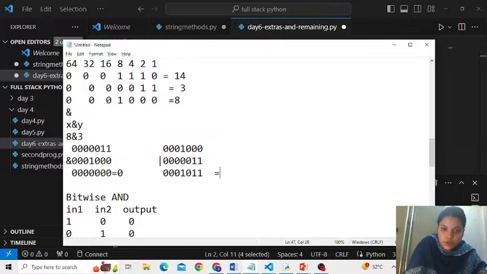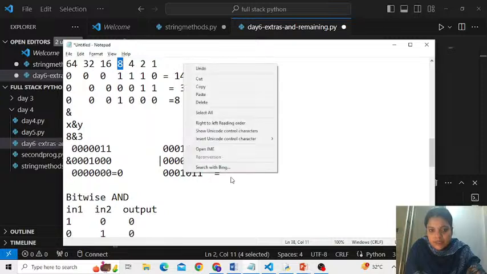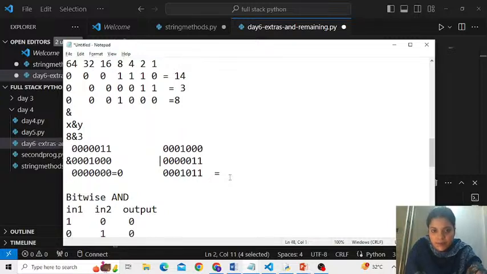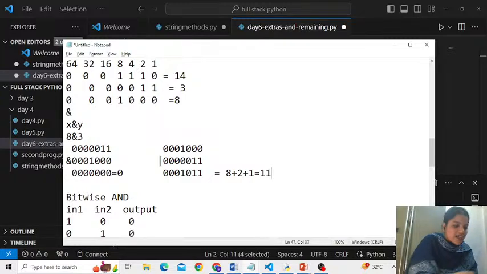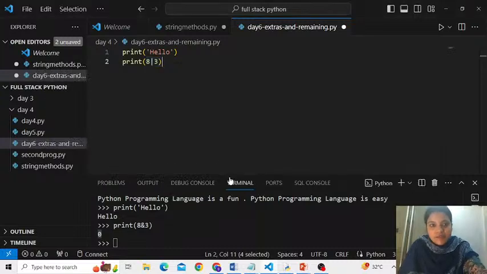Okay, so now tell me what will be the decimal equivalent of this. Check. This bit is 1, and in decimal it stands for 1. Next one, this value stands for 2. So 1 plus 2, 3. Then 4, this position is 0 here. Then comes 8, so this position is occupied. That means I should write it like this. It is basically 8 plus 2 plus 1. That's nothing but 11. I think Rakesh has answered us there, people. He was quick to answer me back. 11. Correct? So this is 11.